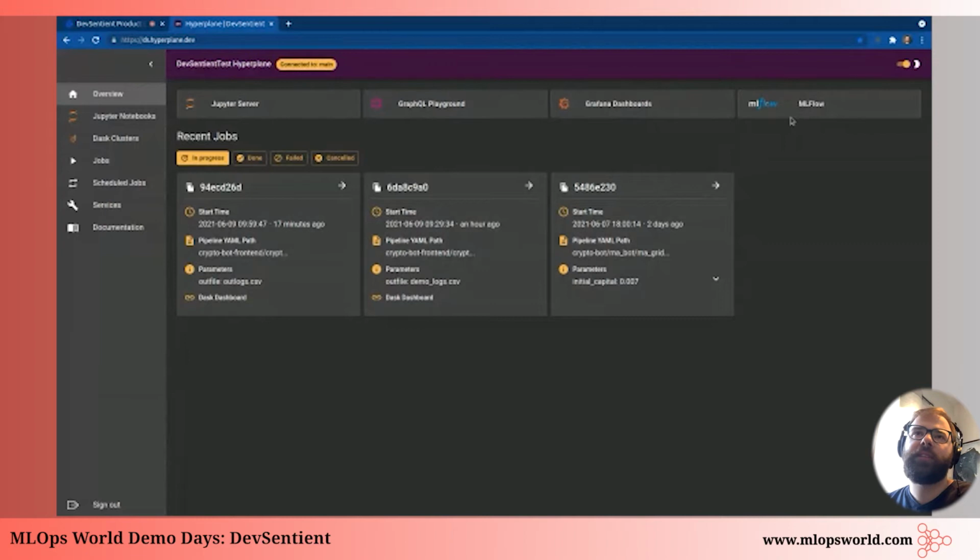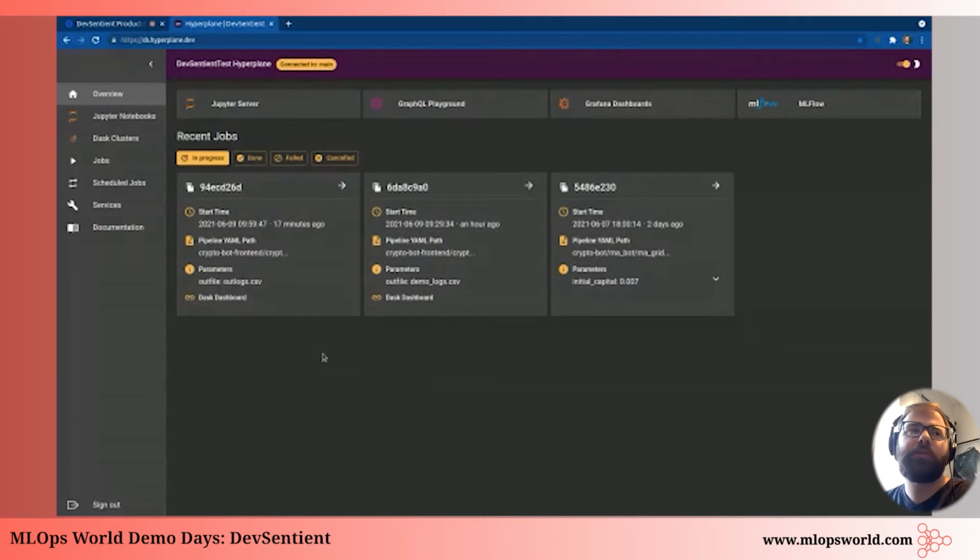So this allows your data scientists or your other users to save model metrics and version experiments and those types of things. And then below here, we just have a recent jobs pane, and this just displays the recent activity on the cluster, various different jobs and pipelines and what their status is.